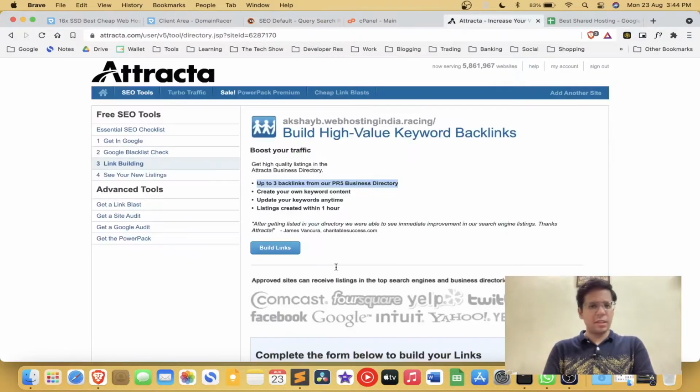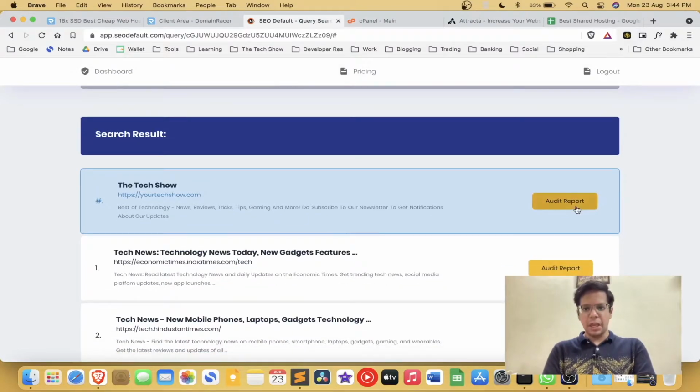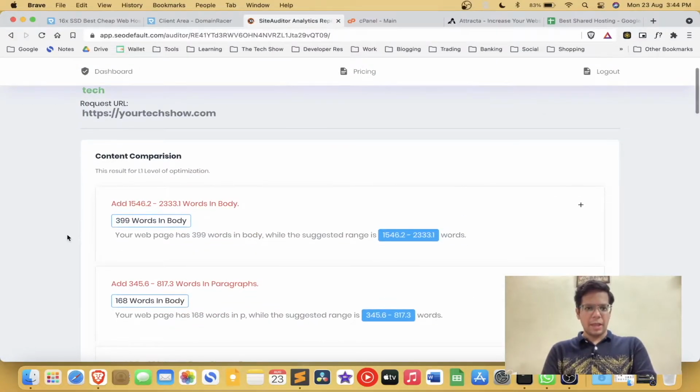I mean, this tool is really nice. You're getting 3 backlinks at the beginning of your website that are included in your hosting. You don't need to outsource for that. That's just amazing. Now you have to refresh the page, as you can see, and click on audit report. As you can see, it has audited my site, and now you can see